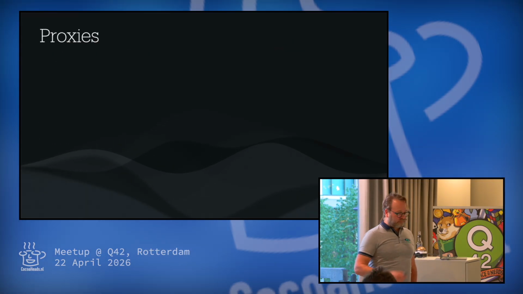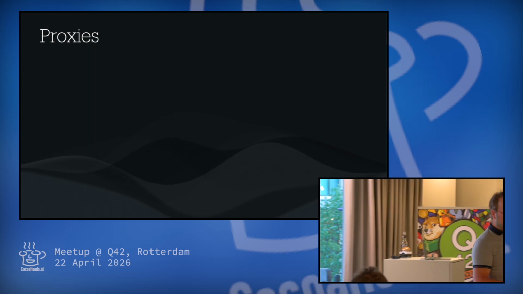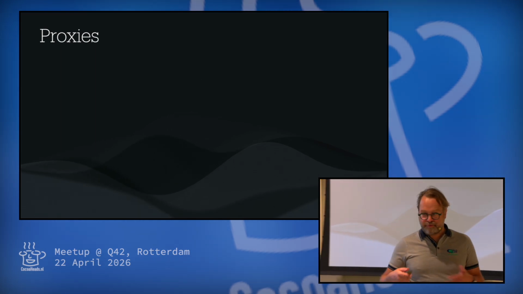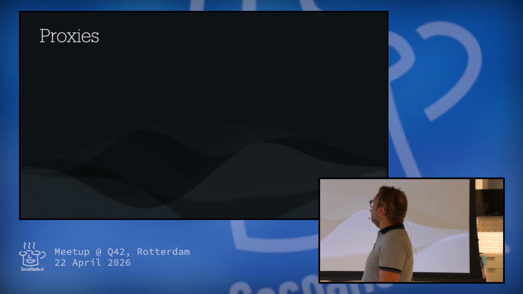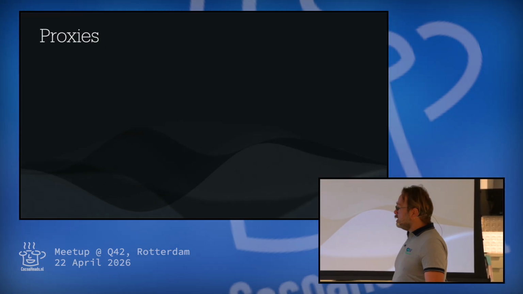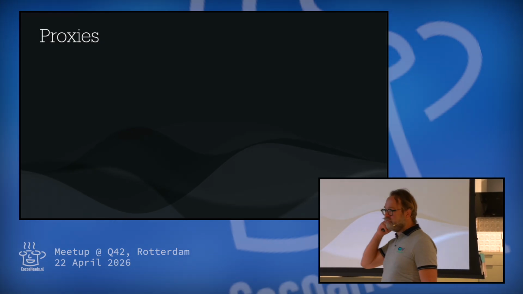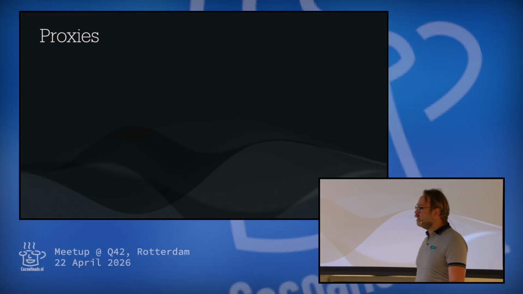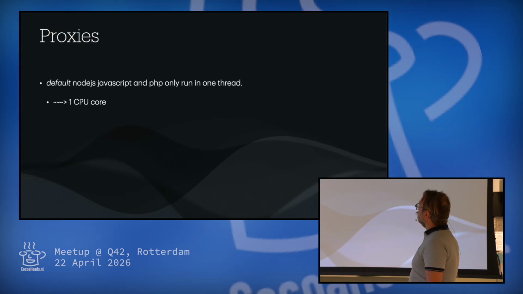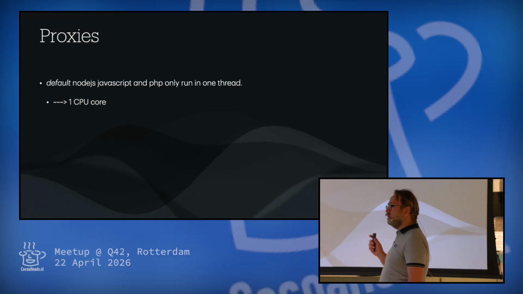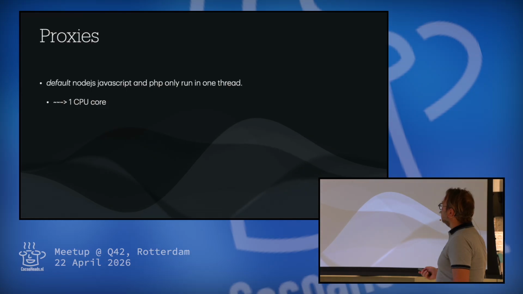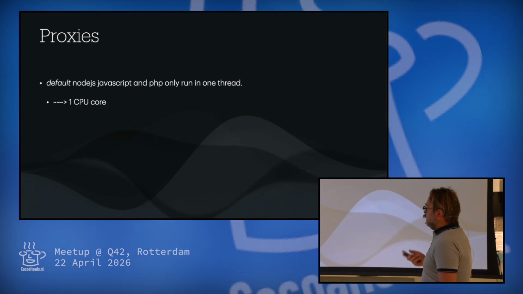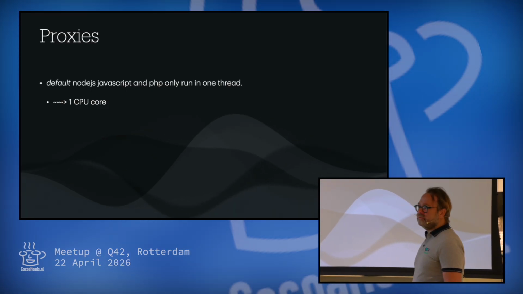And so I generated this code, and I put it in a Docker container, and I ran it. And it's like, why is Node.js so freaking slow? And PHP as well. It doesn't make any sense. And then this guy gave the Java implementation, and it blew all the others out of the water. It's like, okay, there's something wrong here. So it turns out that the default Node.js and PHP application only run in one thread. I didn't know that because, hey, I'm not a JavaScript developer. And so it only runs on one CPU core, which is a bit sad if you have an 8-core machine.